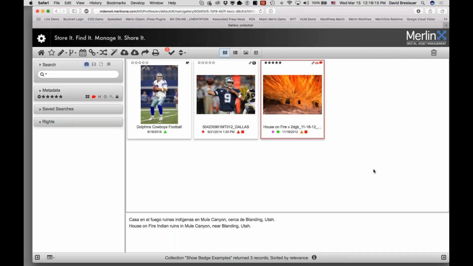Now, of course, Merlin keeps track of everybody who downloaded something, so the whole reason for doing this is to force you to acknowledge that you're going to use this picture even though someone has reserved it. The reason we do it this way is we know that sometimes things change. I might have reserved this picture because I thought I was going to use it in something in 2 weeks, and then I go on vacation, or it's my day off, and something has come up,